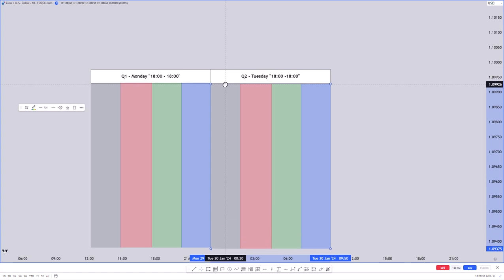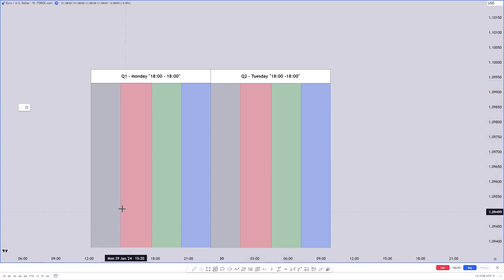So initially you have two quarter ranges, from the beginning of Q2 to the end. This fixed range right here, from Q2 to the next Q2,